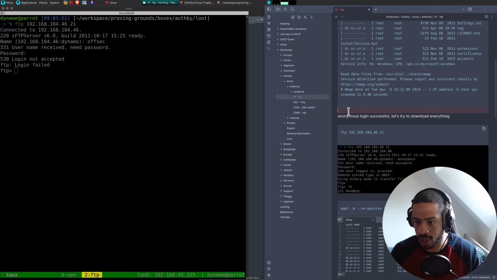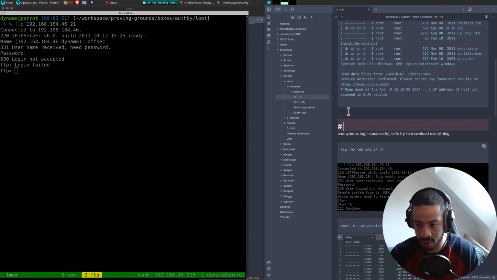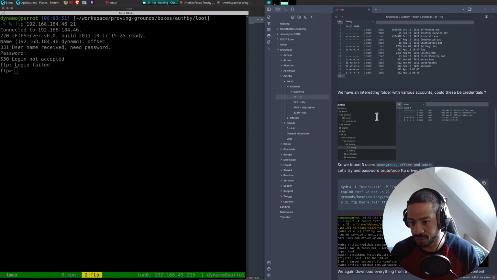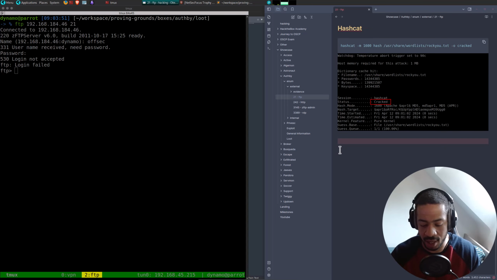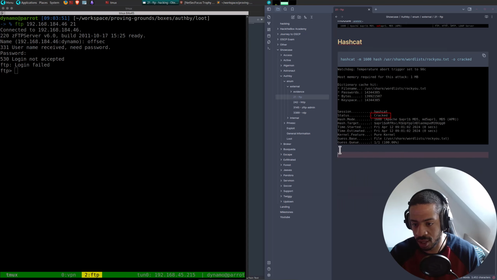And this is not all nmap. So this is enumerating FTP. And then within that we have hashcat. And then we can just say we have cracked the hash and the password for the user.